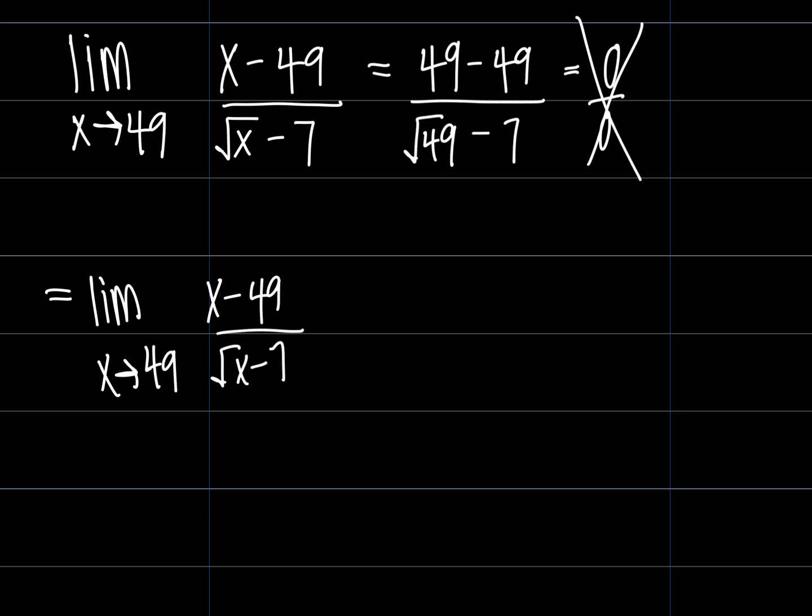denominator. So the conjugate of that denominator, you have your same a term and b term. So it's still the square root of x and 7. We just change it from a minus, we change it to a plus. And so square root of x plus 7, and we'll put square root of x plus 7 in the numerator as well. So right here, we're just multiplying by 1, really. But what this does,